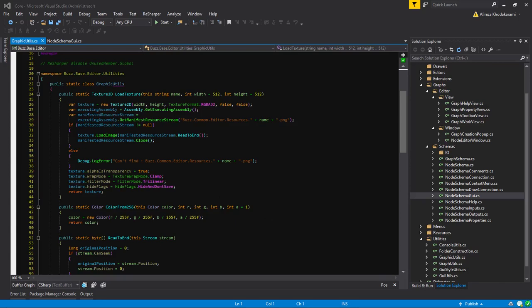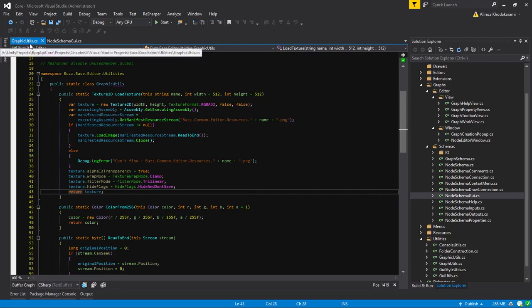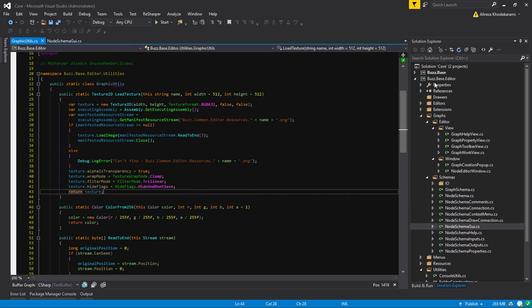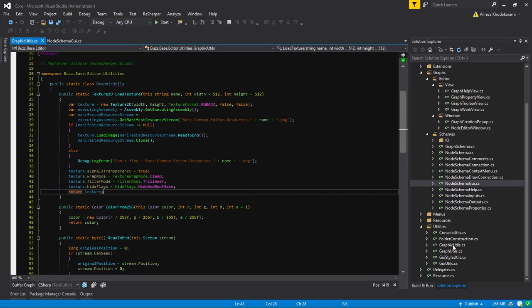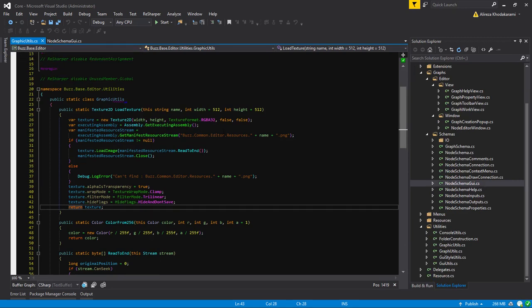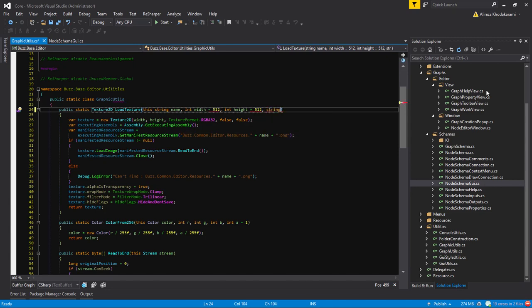We are here with yet another code refactoring video. The first one is graph utils under our editor solution, under utilities, graph utils. Now, remember, we were using this hard-coded thing. I don't like it. So, at the end of every parameter, I will get a string